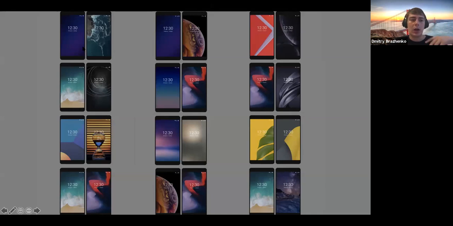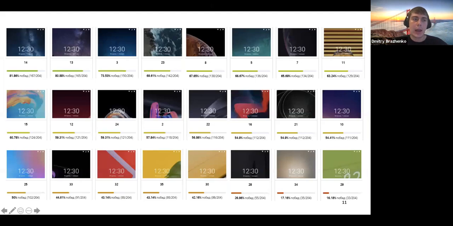Then people in Yandex Toloka compared all these pairs, and then we aggregated results and got scores, and selected the best images, the top images, and